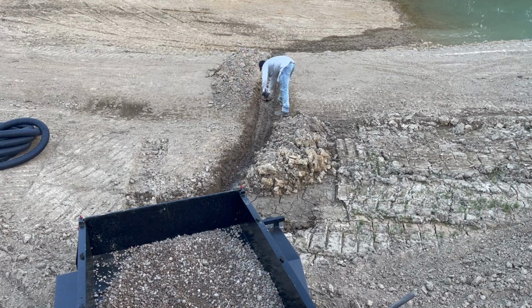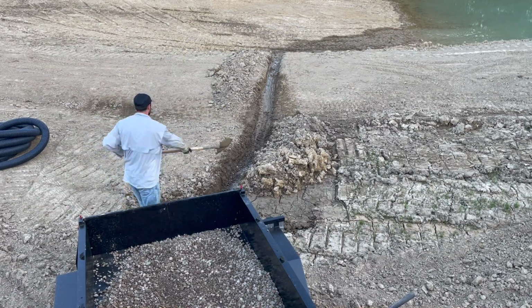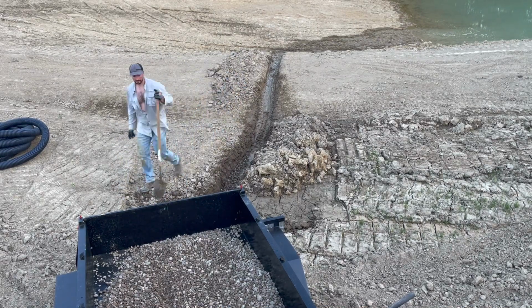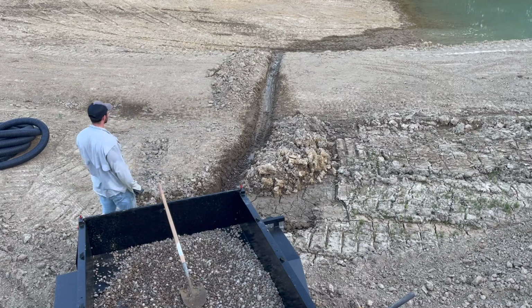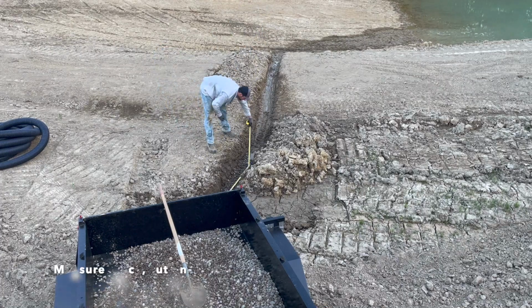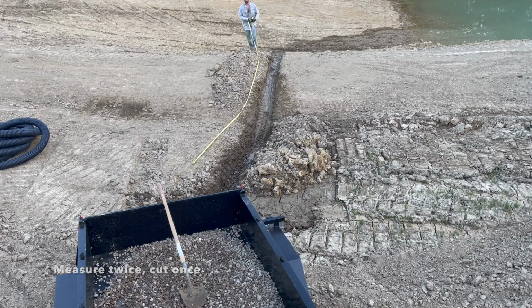I'm trying to put these just above the water level of the pond where they outflow, but just to get enough fall on the pipe, I'm going to probably need these to be down into the water. So obviously if there's water in this at all times, because the outflow is submerged in the pond, I don't want that pond water to be leaking out of the perforations in the pipe. So I'm perforating it myself the length that I want, and then it'll be solid going through the swale and